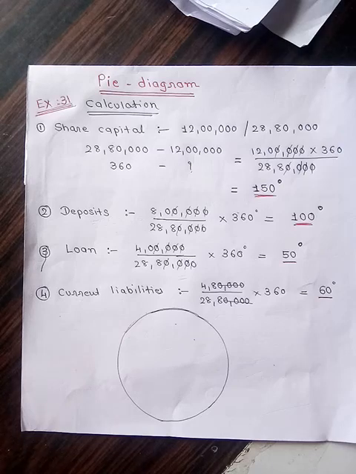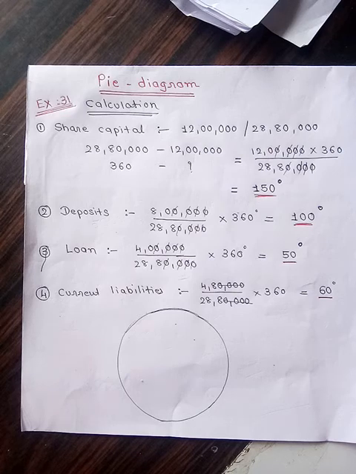Now, today we will learn the pie diagram. A pie diagram is used when the data is large. Last time also, when we were doing the circle diagram, I told you when data is large. At that time there was a comparison between three different years. But when to use a pie diagram?